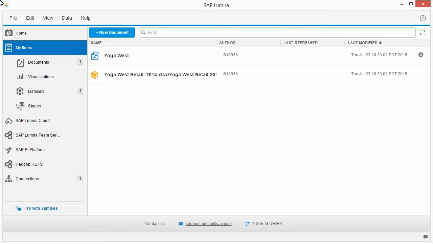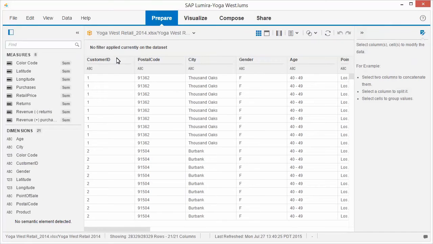After we've acquired a dataset, the next step is to edit and cleanse the data in preparation for visualization. Each dataset in a document is automatically given a name based on the original file name and extension. If desired, we can edit this name. We can also edit the content of a dataset after it's been acquired, which enables us to keep current with changes to the underlying data sources.